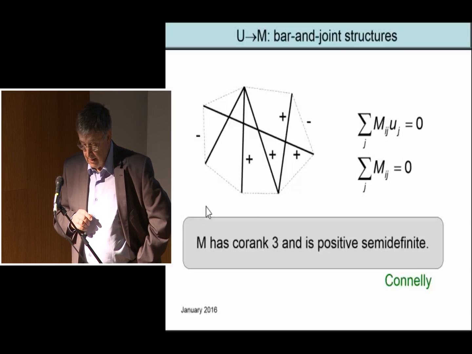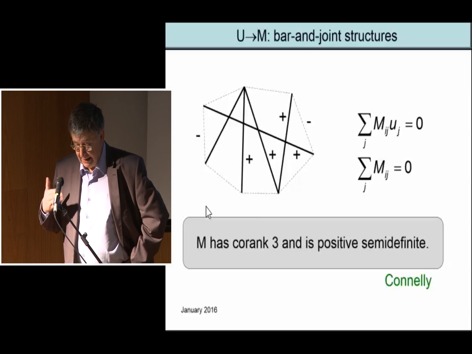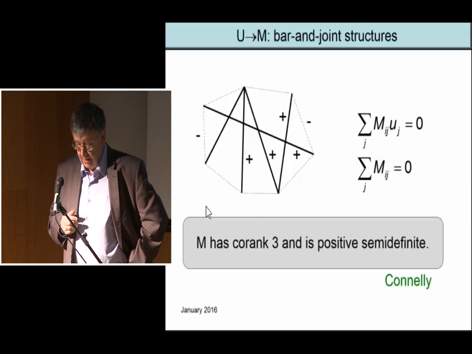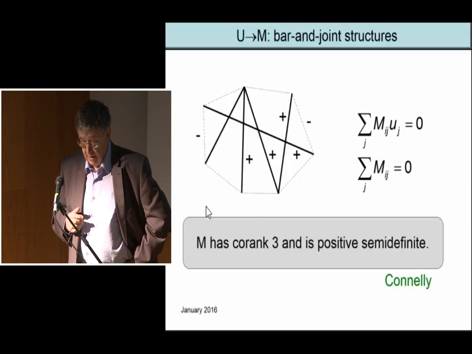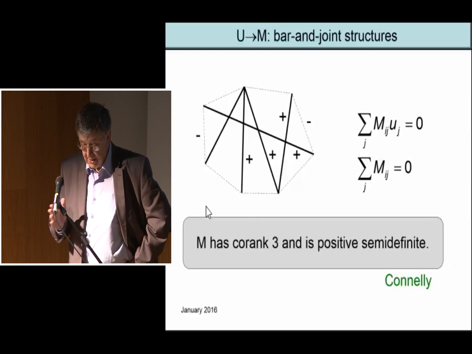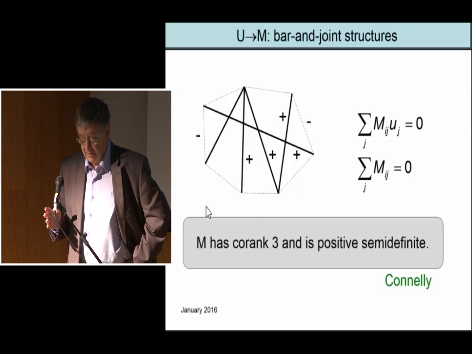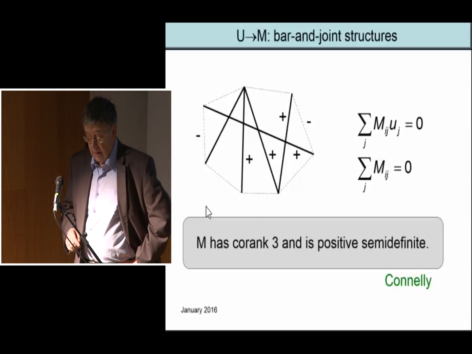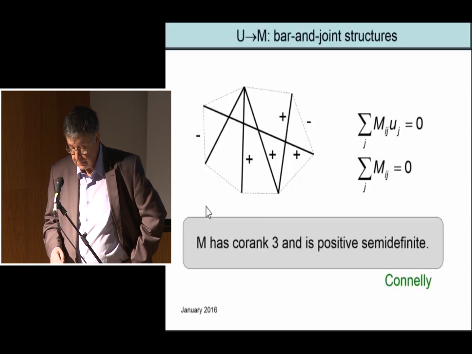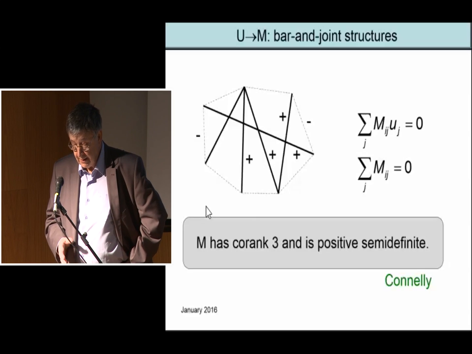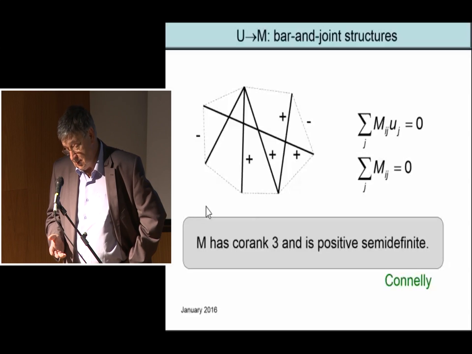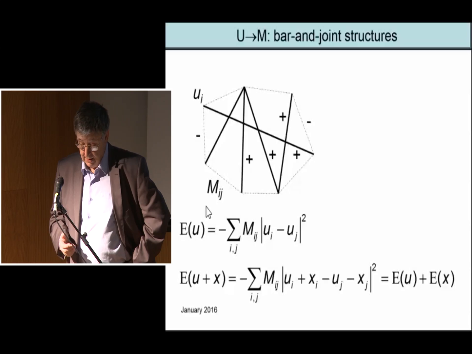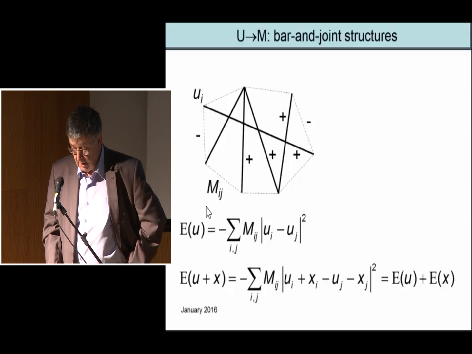Now, that the corank is at least 3 is clear, so it has at least 3 zeros, because equilibrium means that the coordinate functions are in its null space, and in addition, the all-ones vector is in its null space, as the sum of the m_ij is 0. The whole sums are 0. So that it has corank 3 is clear. It's trickier to prove that it has corank exactly 3,